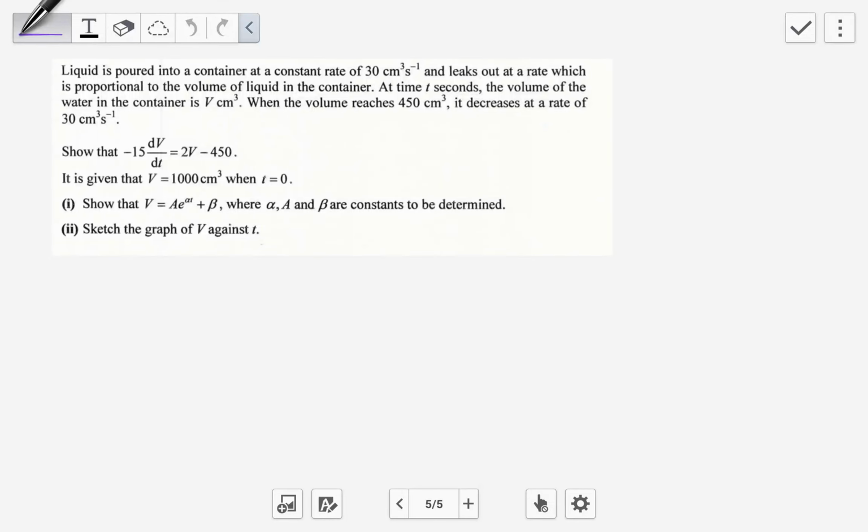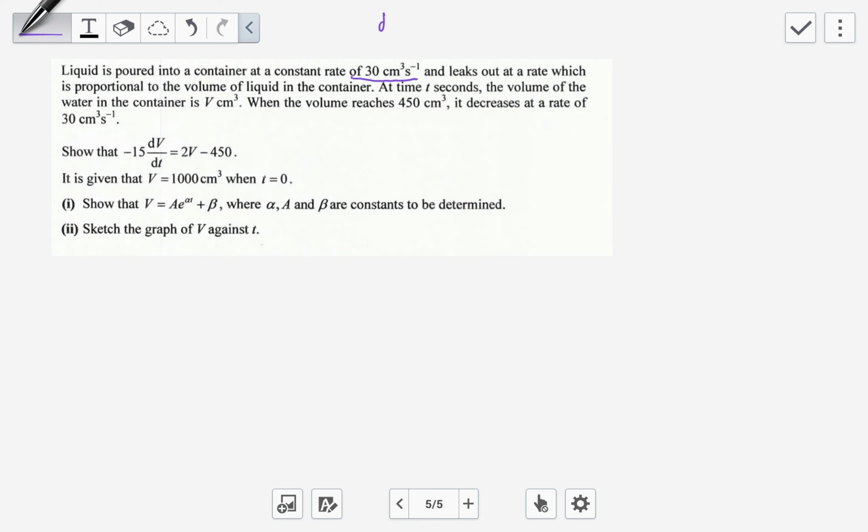Okay, so in this question, liquid is poured into a container at a constant rate of 30 cm³ per second and leaks out at a rate which is proportional to the volume of liquid in the container. So the volume of water in the container is V cm³. So straight away we can see that,